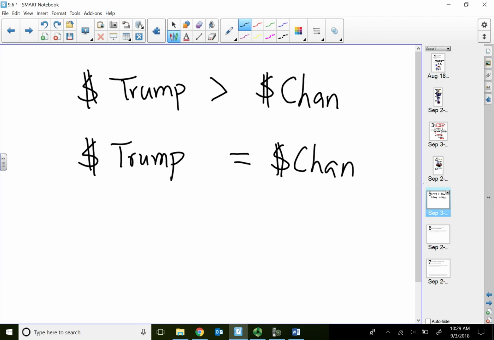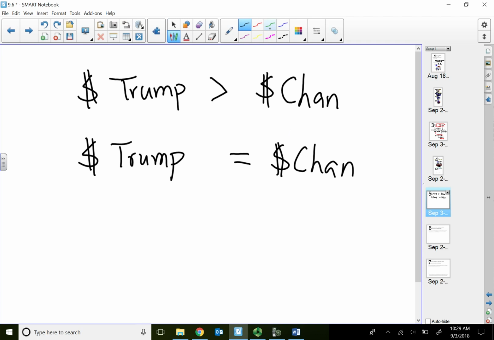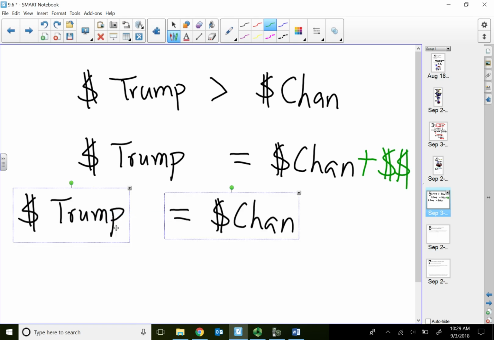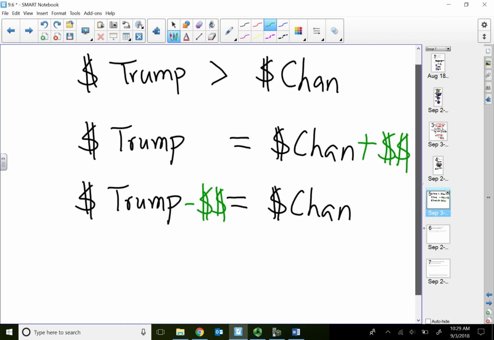there's actually two ways to look at this. Either Mr. Chan plus more green, or Mr. Trump minus the same amount of green. If we take away money from Donald Trump to equal Mr. Chan, or Mr. Chan can earn more money to equal Donald Trump. So that's two different perspectives for the two people to be equal to each